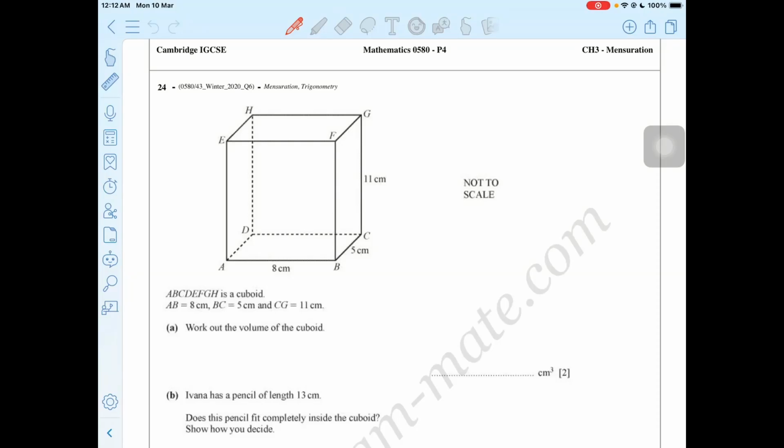Alright, so my name is Bilal and today we'll be solving Cambridge IGCSE Mathematics 0580 P4 Chapter 3, that is